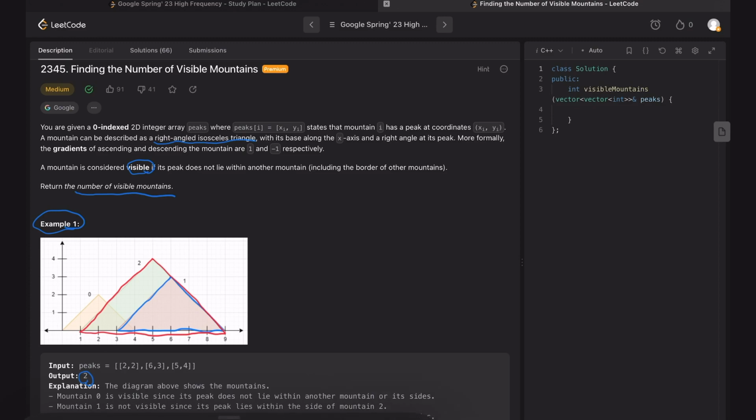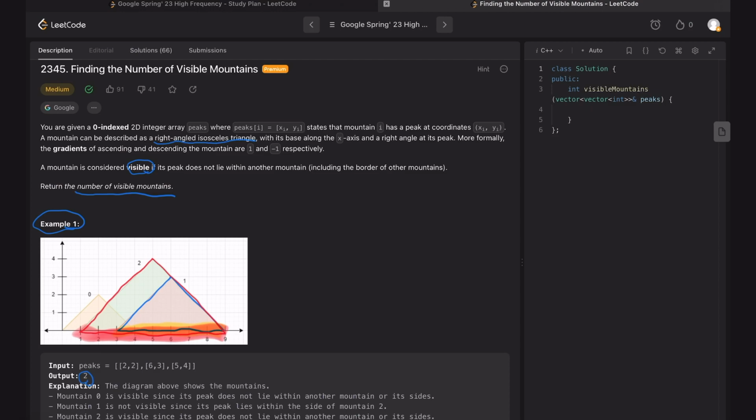Triangle 1 is within triangle 2, and in this way we can assure that the peak of mountain 1 is inside mountain 2. If we can get the range, if the width of mountain 1 is within the range, the width of mountain 2,